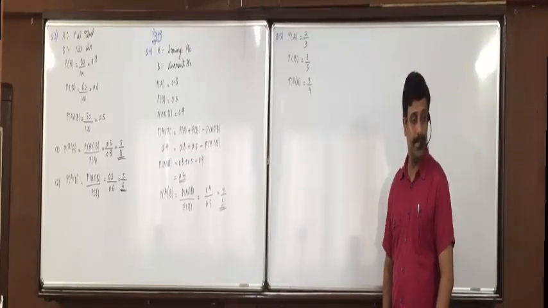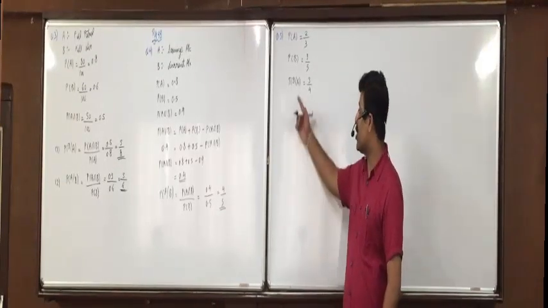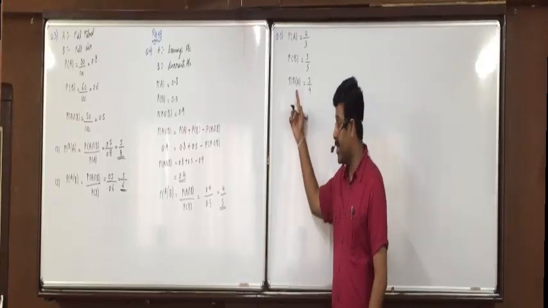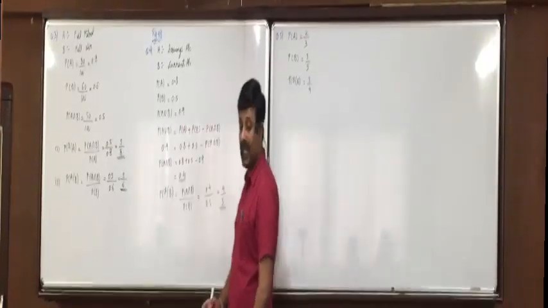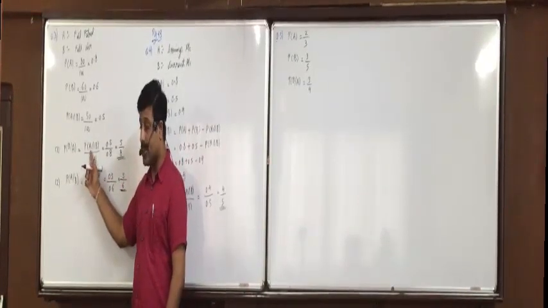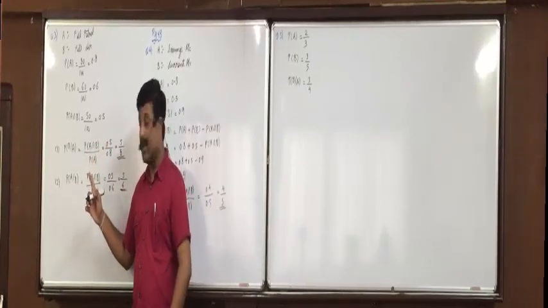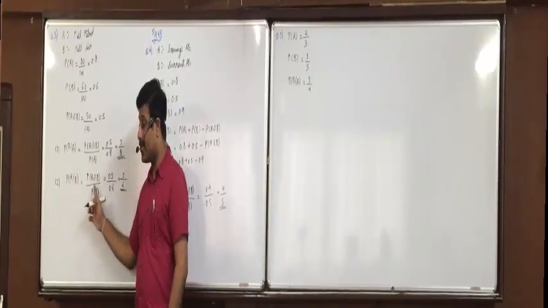Sir, first using the formula B slash A equals PA intersection B upon PA. Correct. First using the formula of B slash A, we'll find A intersection B. B slash A is available, so can we find A intersection B or not? Once we get A intersection B, what is asked? Then can we find A slash B or not?